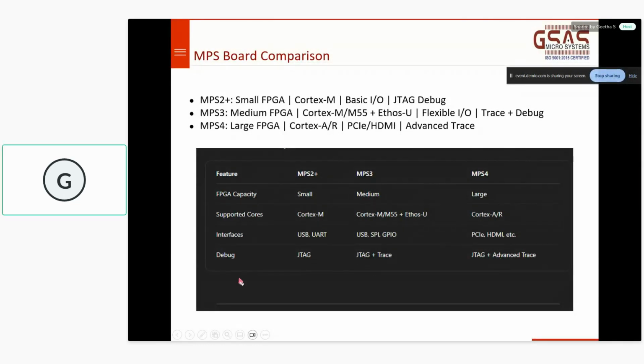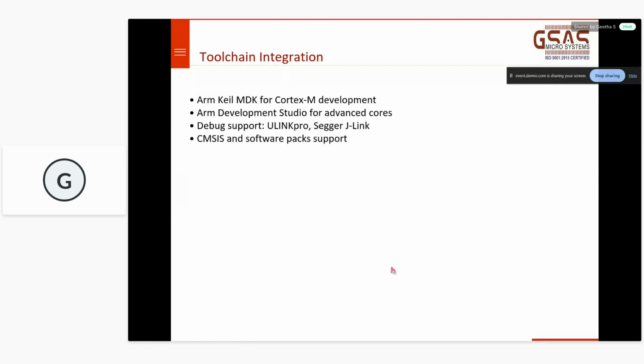Whereas all the boards have JTAG, and MPS3 and MPS4 have trace functionalities. If you want to collect real-time trace from the running board or running application, you can do so by connecting the board with a debugger which has the capability of capturing the trace.